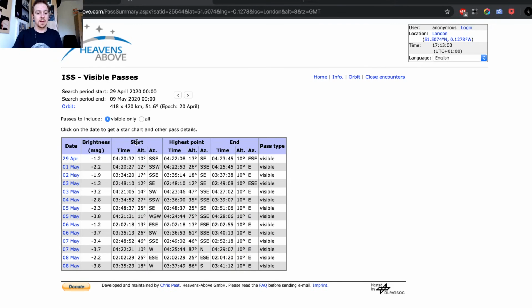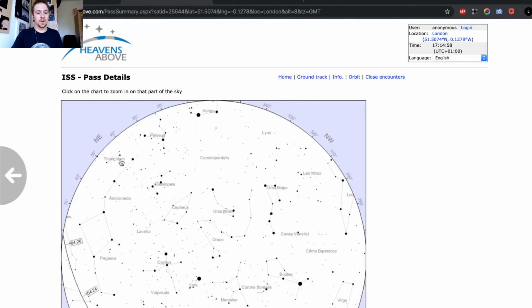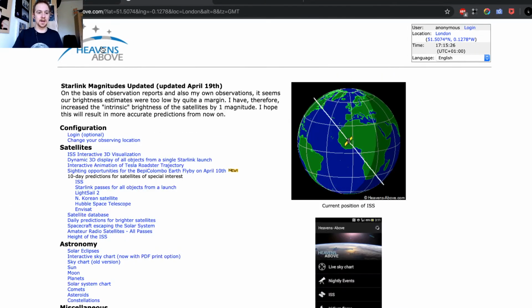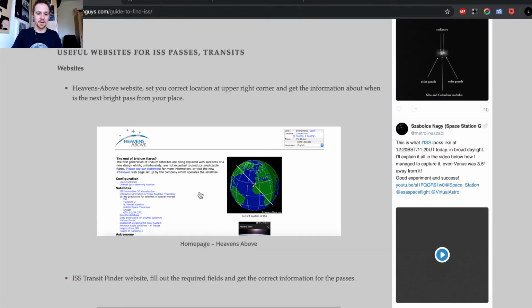And one more thing, it's not just showing the time and the beginning altitude, but also which direction it is going to come from. So in this case it's SSE, which is south southeast, then its highest point is at southeast, and it will disappear at east southeast. So that's a very good way to start. I'm going to come back to this website because people who might be interested in the Starlink satellites, I'm just going to touch a little bit on that